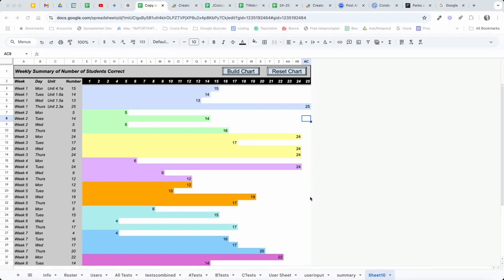Hey folks, here's a new idea that I was exploring for a teacher that wanted to display some data. In this case, the data was for each week, day of the week, Monday through Thursday. There was a certain unit question that was being asked. Students were responding, and the number in this column is the number of students that got that information